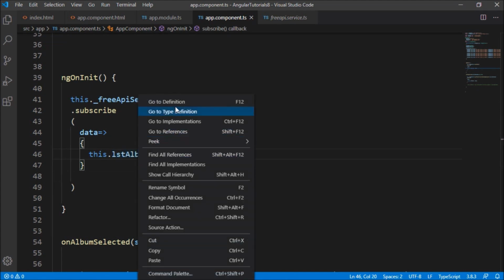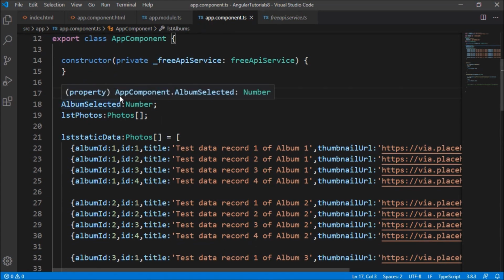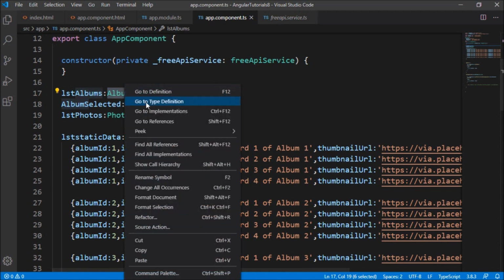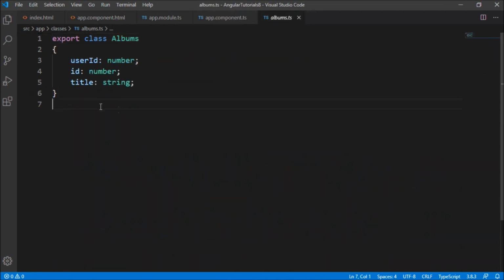List of albums is nothing but an array of type class albums. You can see here this albums class has user ID, ID and title. So this class is bound here in the HTML.